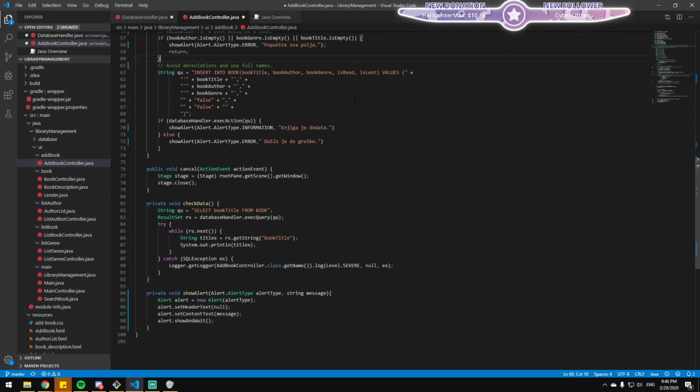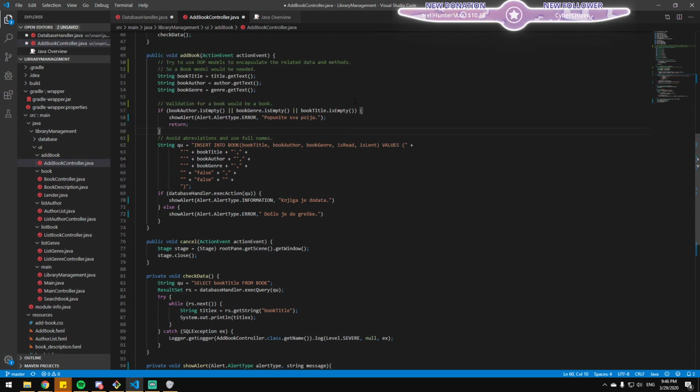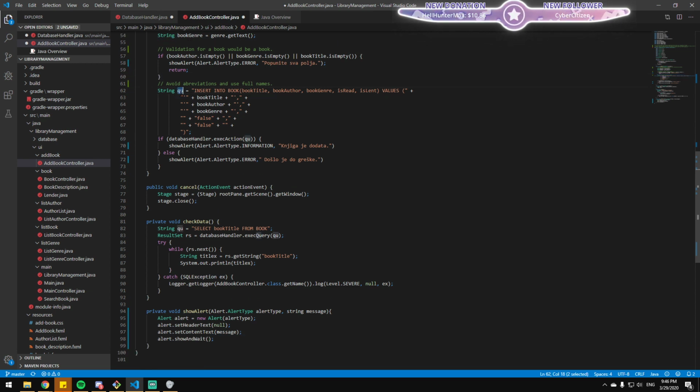Yeah, I could also live with, for instance, the result being RS, but for the query, QU is bad. It doesn't mean anything. There is no abbreviation. Even Q, if you just named it Q, it would be better. QU just makes it confusing. But in general, QU. But would you dislike the RS in check data?